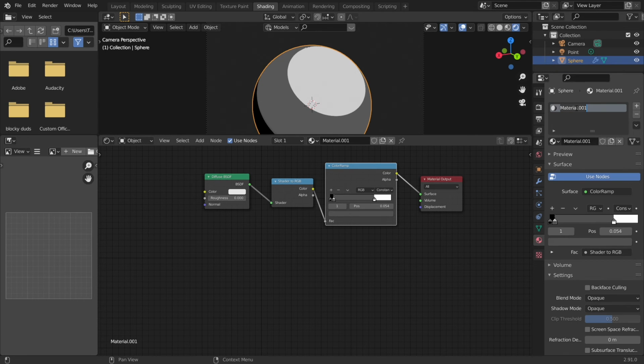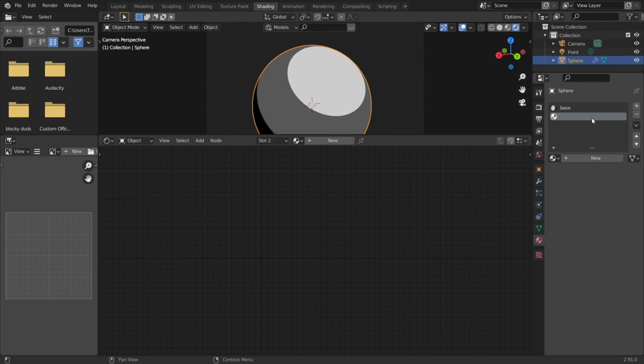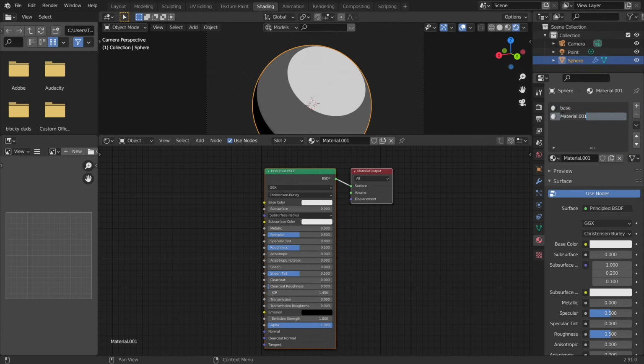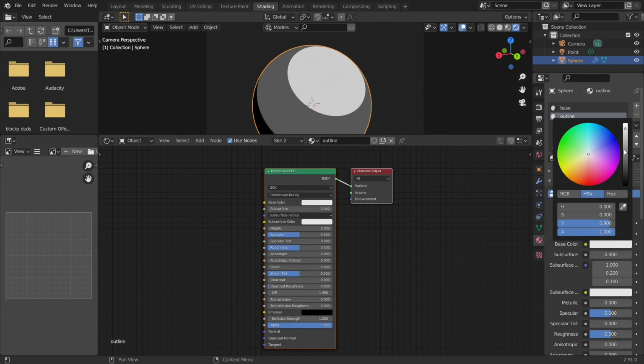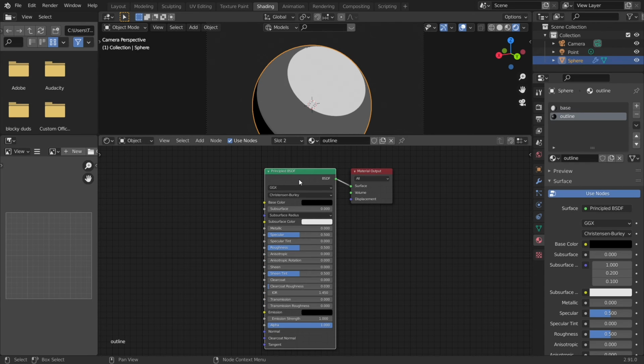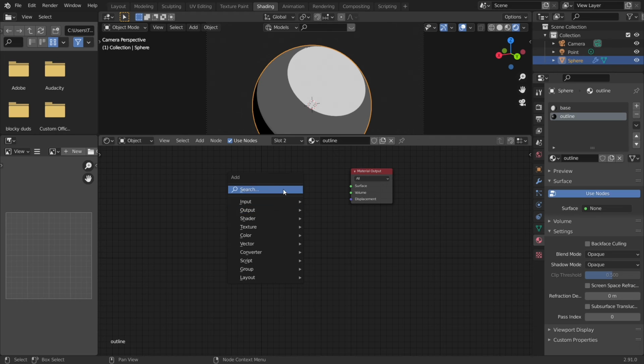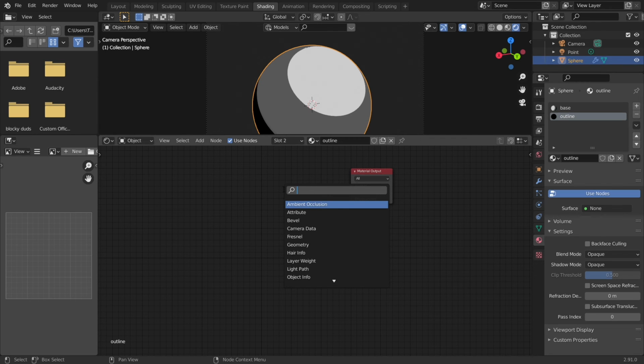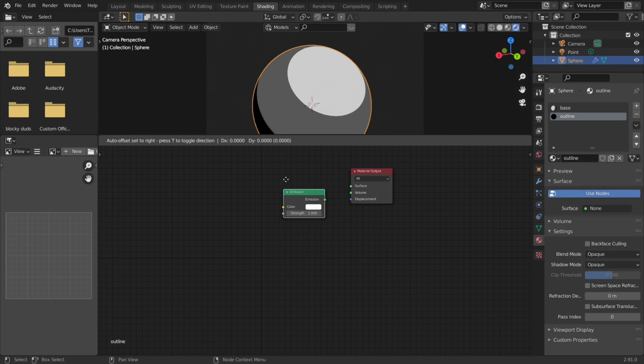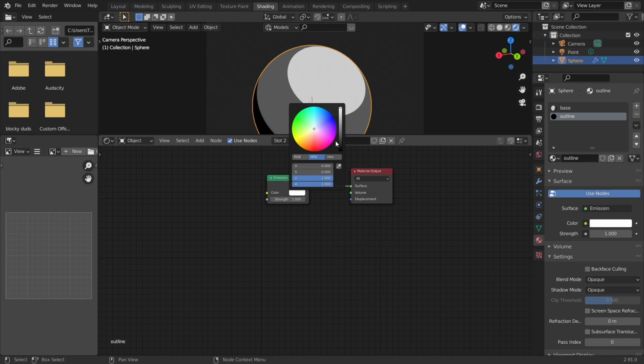There's one last thing to do, and it's pretty important to these kinds of shaders, which is to make it look more like something cartoony, like it has an outline, sort of like anime or any cartoon. So just name your first material base and then make a new one called outline and make it completely dark. Then delete the principled BSDF and add an emission shader, connect it to the material output, and then go to the modifiers tab so that you can make the